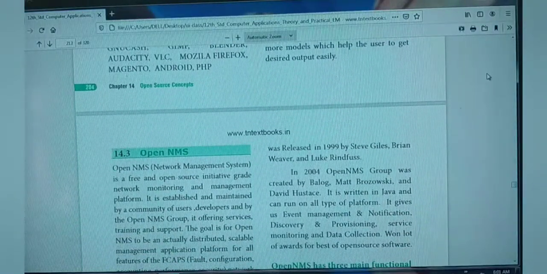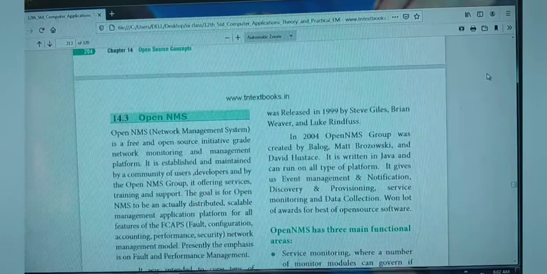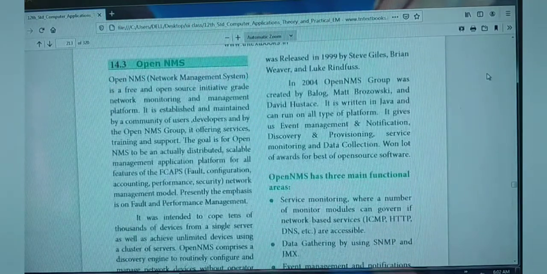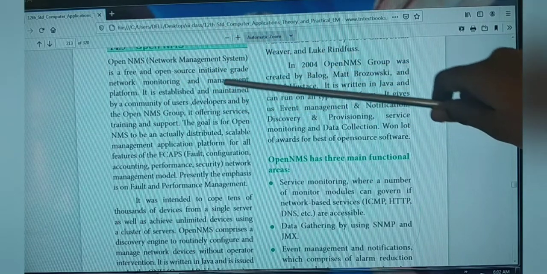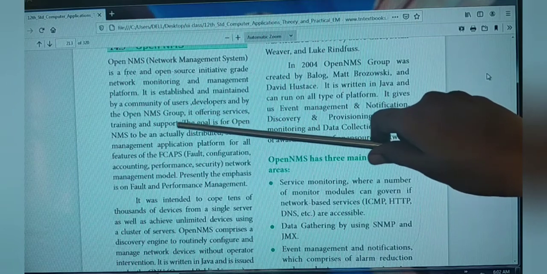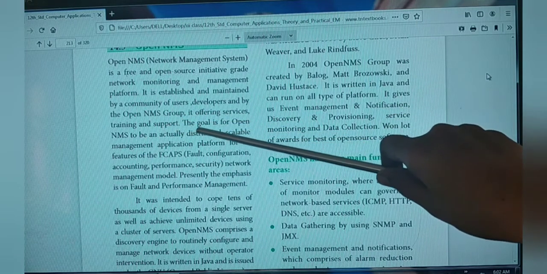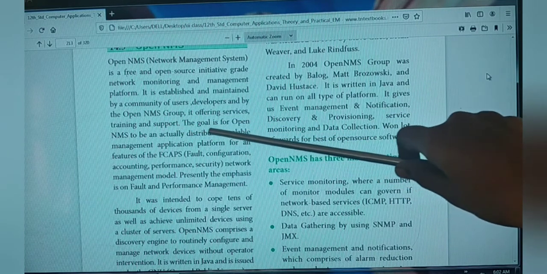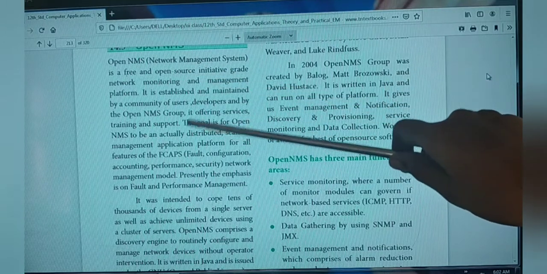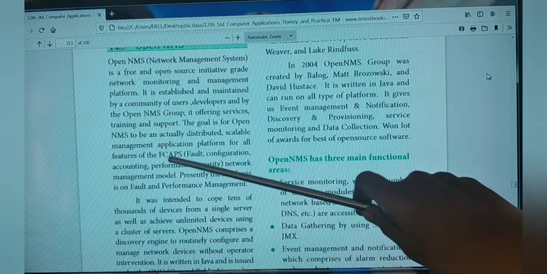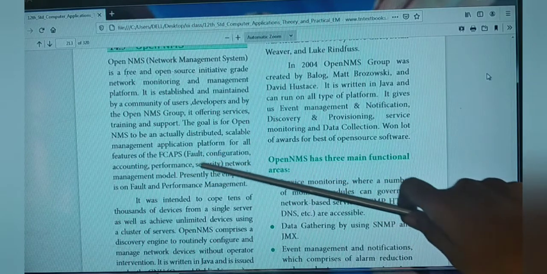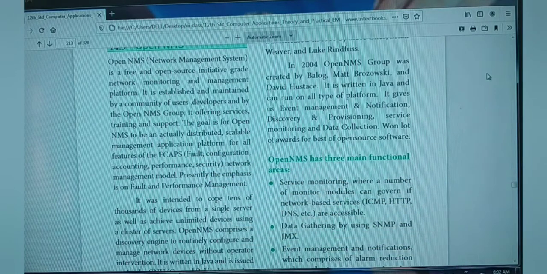Yes, the next one it is your OpenNMS. Okay? Yes, first you people underline the expansion related to OpenNMS, that is your network management system. Similarly, we have marked this introduction also for your book bag. Similarly, underline the goal. What is the goal of OpenNMS, you have to underline this one and mark the remaining. Similarly, FCAPS, underline this one and go with these points also. Okay? Similarly, come to the next one.